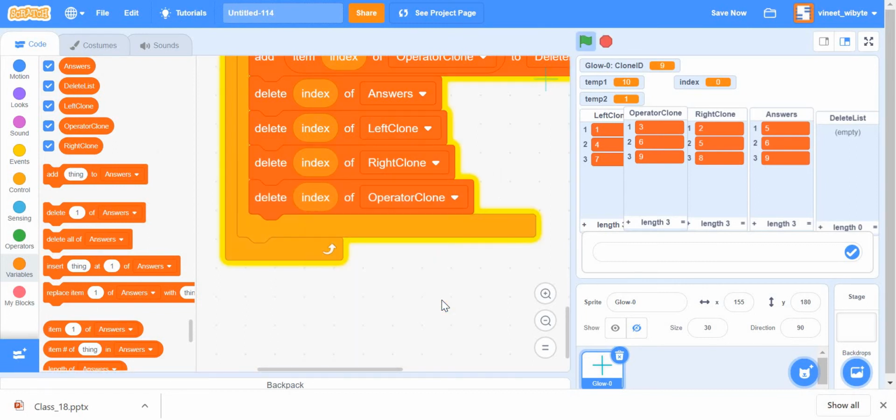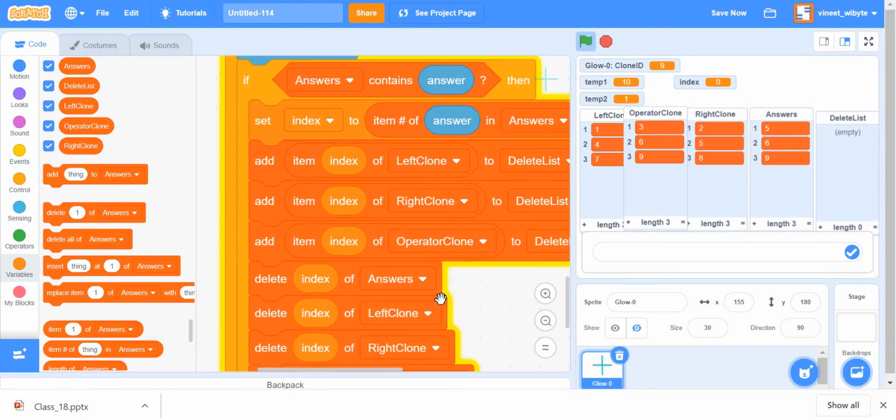So now what are we doing here really? It's actually very logical. It's basically saying that, look, this particular question has been answered. I know that because the answer you provided was part of the answers list. And now I'm going to remove this question and these clones from the picture so that I do not get confused further on, right? So, for example, if I answer 9, then all these three numbers will move to the delete list. And then I go and delete item 3 of answers. Yeah. So let's see this, maybe I can try showing you slowly what's going on here.